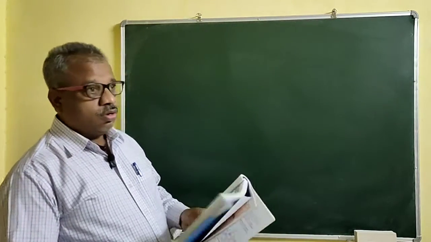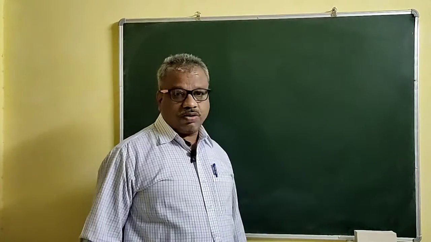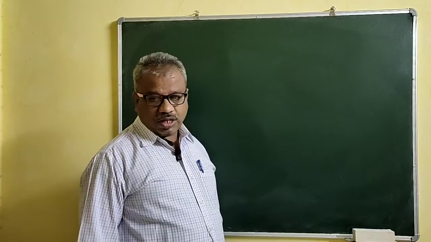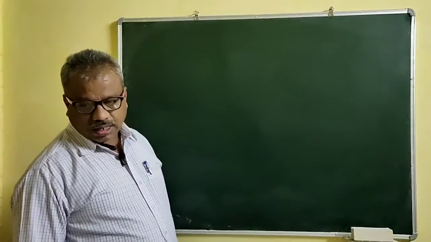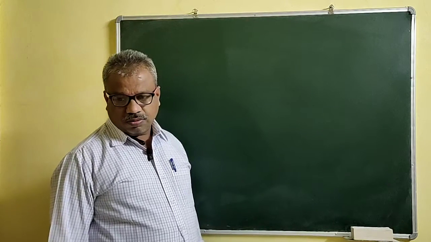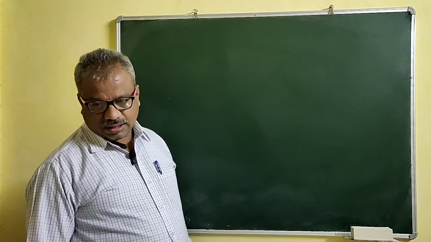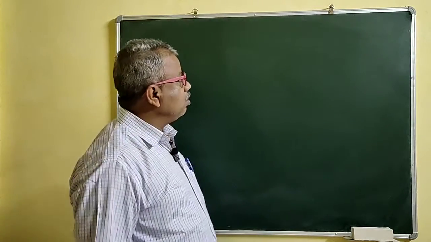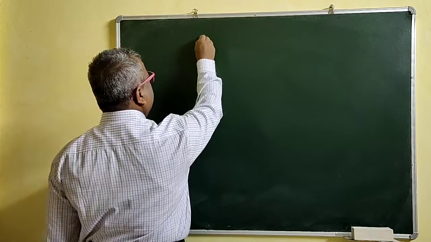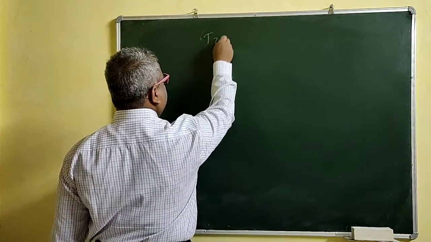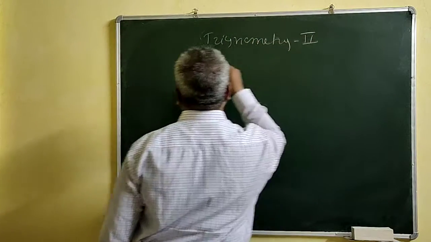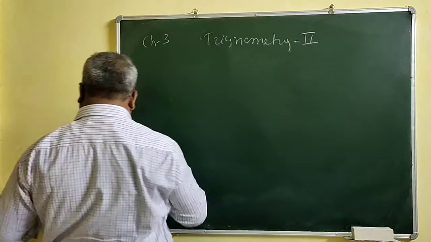Okay, so what we have seen is trigonometric functions, and how to find the trigonometric functions with the help of the fundamental identity. So that first chapter on trigonometric functions is nothing but the application of the fundamental identities. Now we'll go to the second chapter, which is actually the third chapter: trigonometric ratios. This is chapter three.